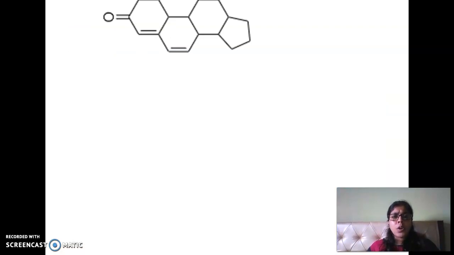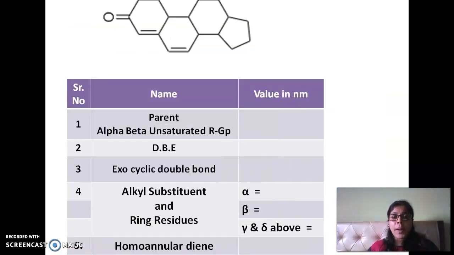Again, what I have to do is write my sequential pattern, how I am going to do it, and check. Check the parent. Yes, I have an alpha and beta. So this is my parent. But I have to check also for an extended parent. Extended parent is due to my DBE. So I have to check whether there is a DBE in conjugation to my parent. Yes, double bond, single bond, double bond. Yes, I have this one which is my DBE. So my parent extends to alpha, beta, gamma and delta. So this whole becomes my parent.